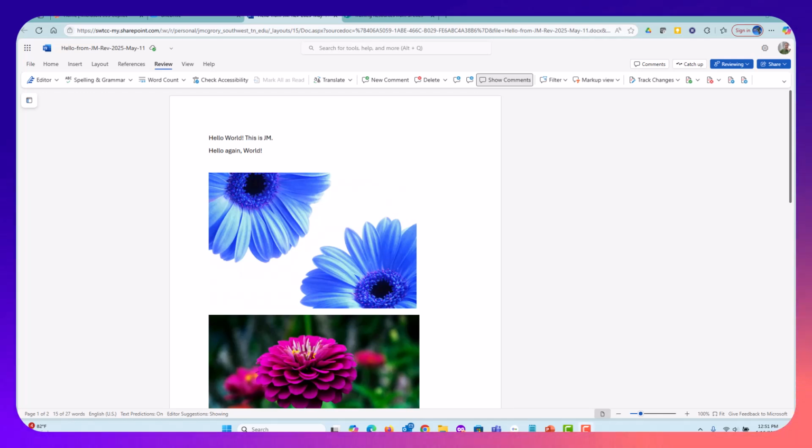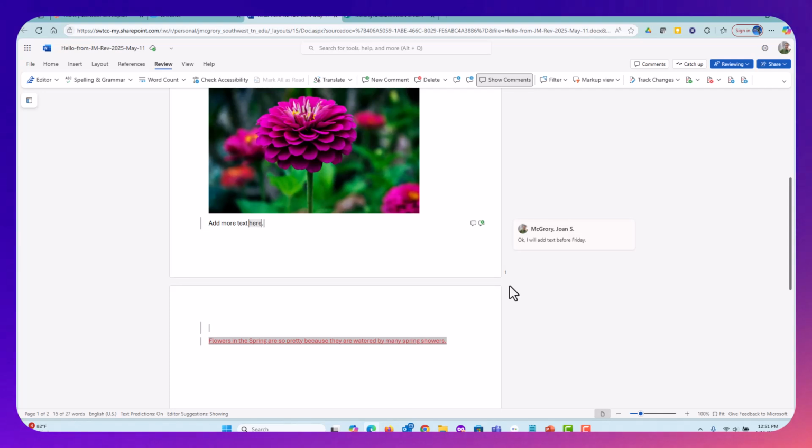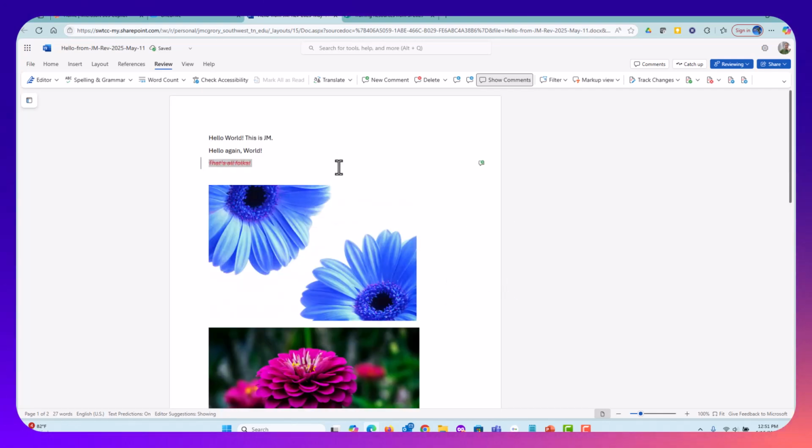I'm going to Control Z. Let me make sure that's active. Control Z, Control Z, Control Z. Oh, my undo is not working. There it goes. I think my document was not active. I apologize. So I've brought back those changes that I accepted, because what I want to show you is that